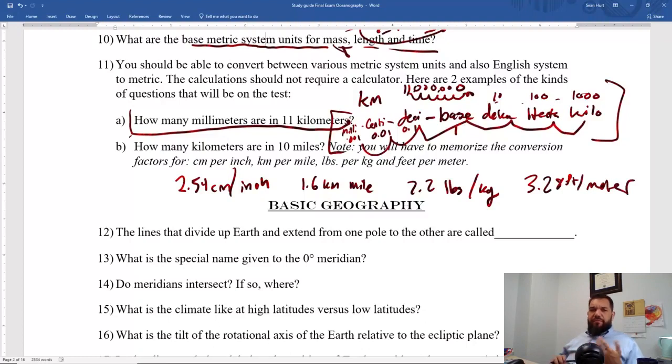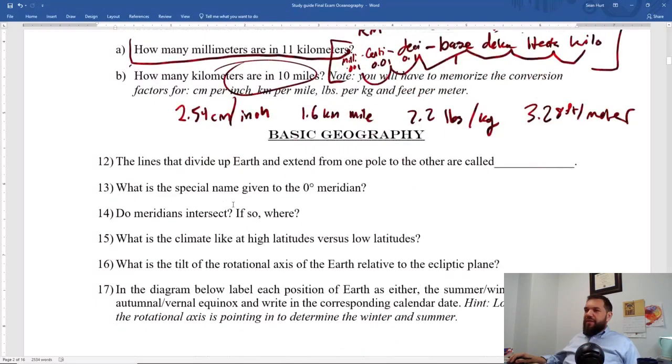Okay, so for example, if I ask you how many kilometers are in 10 miles, well, it's going to be 16, right? Because it's 1.6 kilometers per mile. So times 10, that's 16. And the other options, the incorrect options, would be like 10, 1, 300 or something. Okay, so they'll be way off. So just make sure you have a basic sense of that.